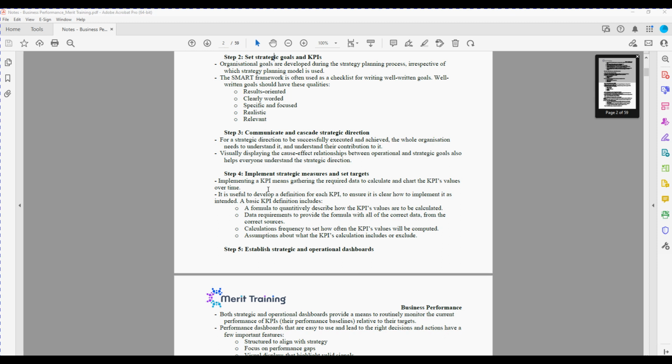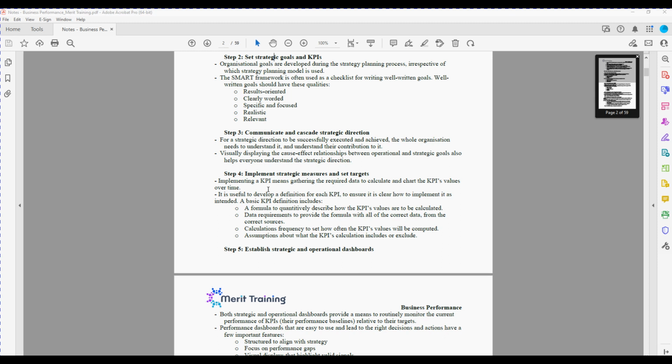They need to be able to be communicated in numbers, as a percentage or a number or a dollar. They're not qualitative terms like achieving a better culture. That might be more of a goal. A KPI is hitting an NPS score of, well, NPS can be measured, right? So it could be 70 NPS, could be 90 NPS. So it's important when you're developing each of these KPIs, and there are going to be multiple of them, to ensure it's clear how to implement it as intended.